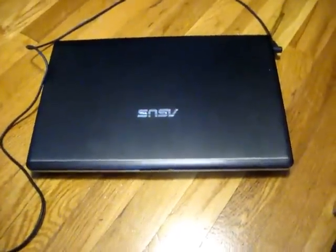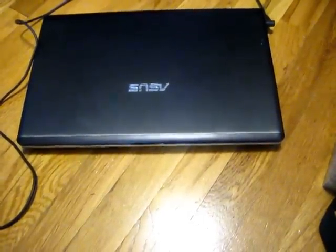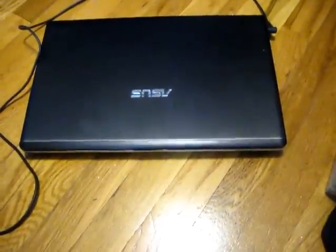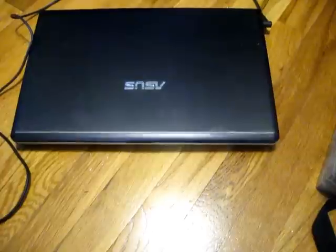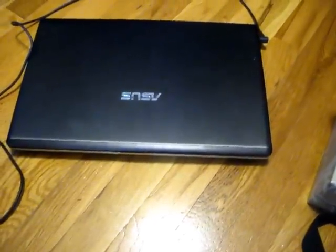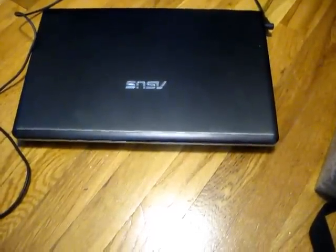Hello everybody, and today I'm going to talk about both the problems I've had with my ASUS laptop and why you shouldn't buy one. Now this right here is the ASUS N56JR laptop. This laptop cost around $1,000. I got a 3-year warranty on it, but there's a lot of design flaws and other issues I've noticed with